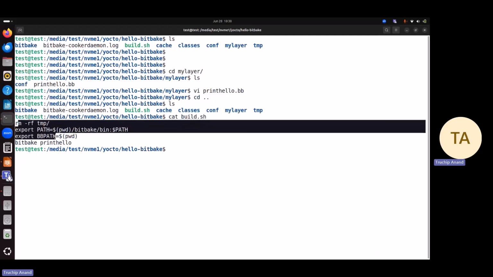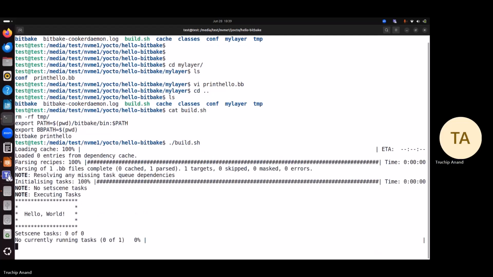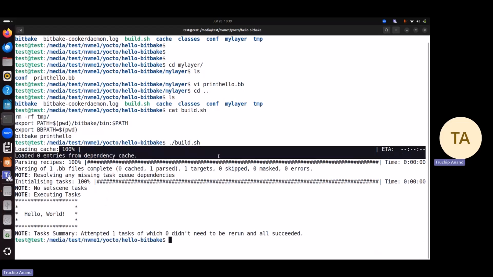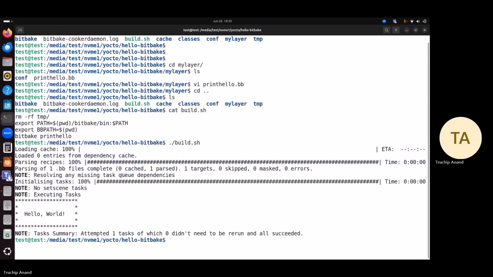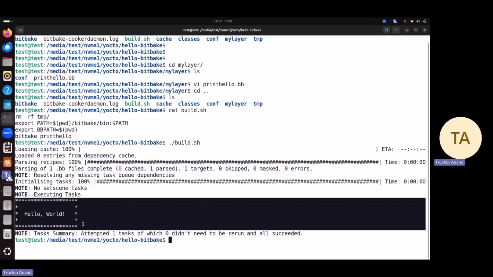Actually, if you see here, this is what the steps will be to run using a standalone BitBake. Now, if I run it, see here, it found the dependency, it parsed it, same like a makefile, it analyzed it, and then after that, it executed my BitBake file. So this is one such example to showcase how BitBake can be used